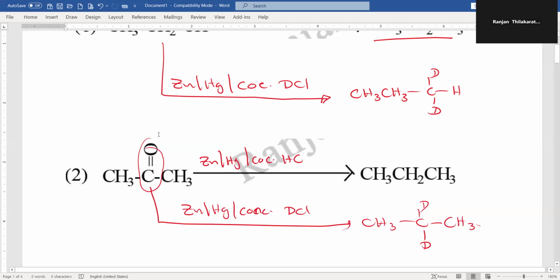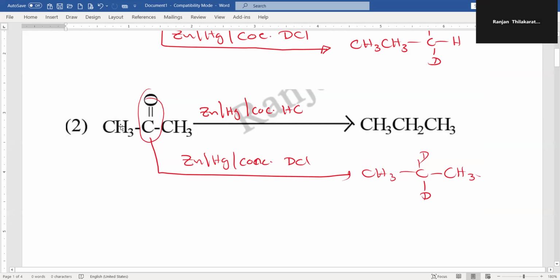So aldehyde or ketone can be reacted with ZnHg, conc. HCl. This is known as the Clemmensen reagent, and we have already done that under the preparation of this alkane. Then the third one,